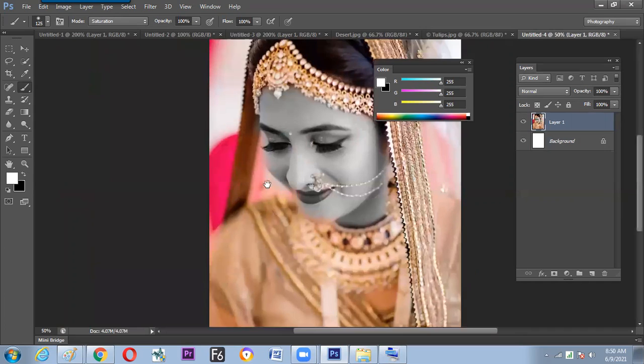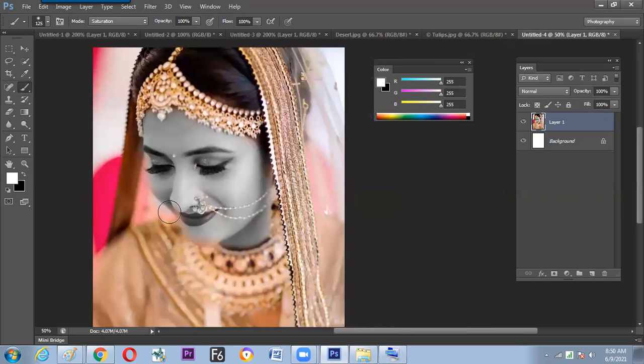Often these kinds of things are shown, but now we'll see what the difficulties are. Sometimes we go the wrong way, painting directly, and then we cannot bring it back. That is the difficulty. So to get rid of this problem, what we can do is paint the same thing,